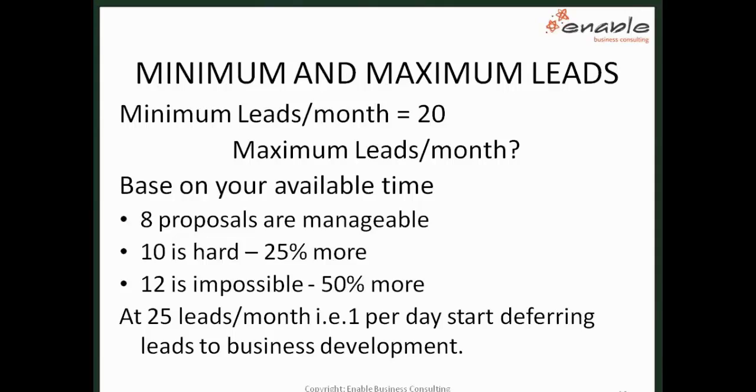So let's start deferring leads that come in into the business development cycle. And that is where you keep them on the back burner. You're communicating with them regularly, but you're not trying to sell to them at this point. Now, one thing to bear in mind is that a number of the leads that come in may be exceptional. And if you have a really good lead, a high value, well-qualified prospect,